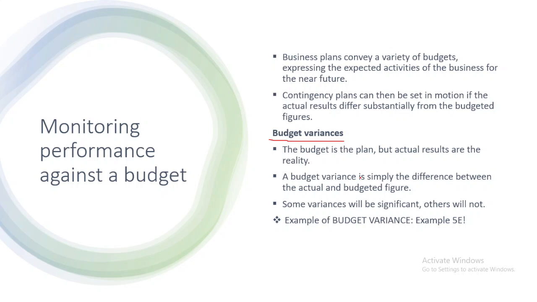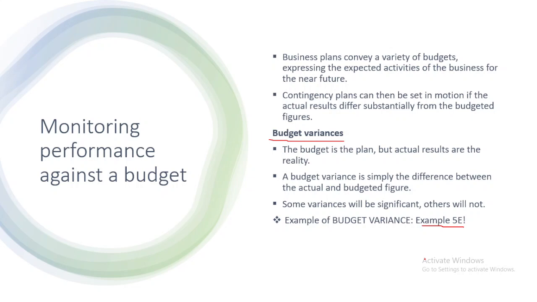And then where it's going to be unfavorable, we spent more than what we budgeted, so that's unfavorable. In terms of revenue, we sold less than what we expected to sell, so that is going to be unfavorable in terms of income. So that is what a variance will actually look like. You can take a look at example number 5e, which explains variance analysis, which I believe you will find much easier to understand because of the previous lessons that we did in terms of preparation of a budget.